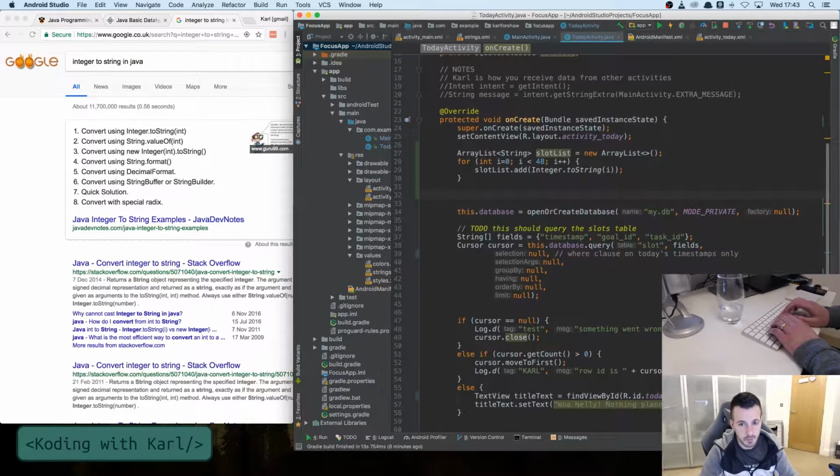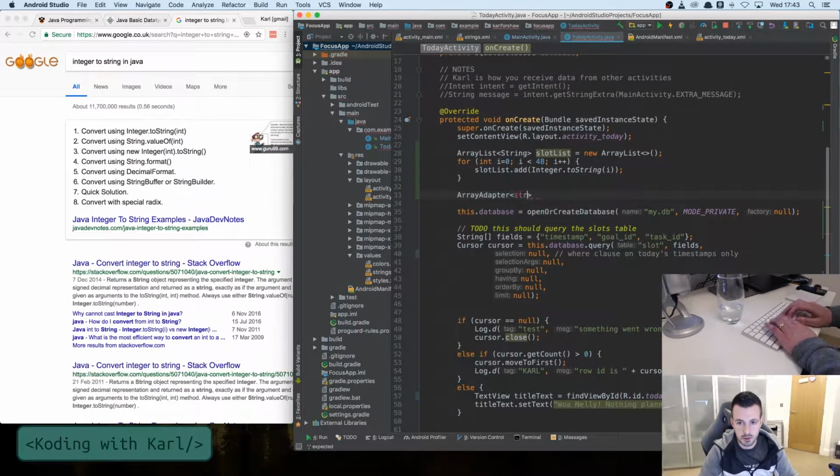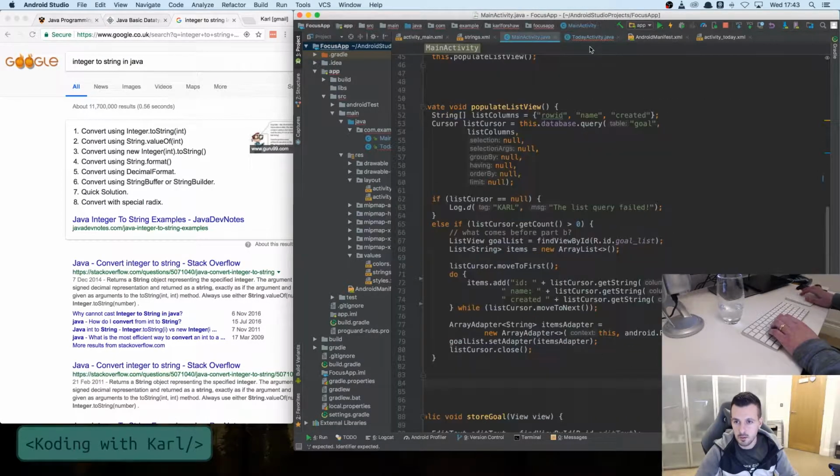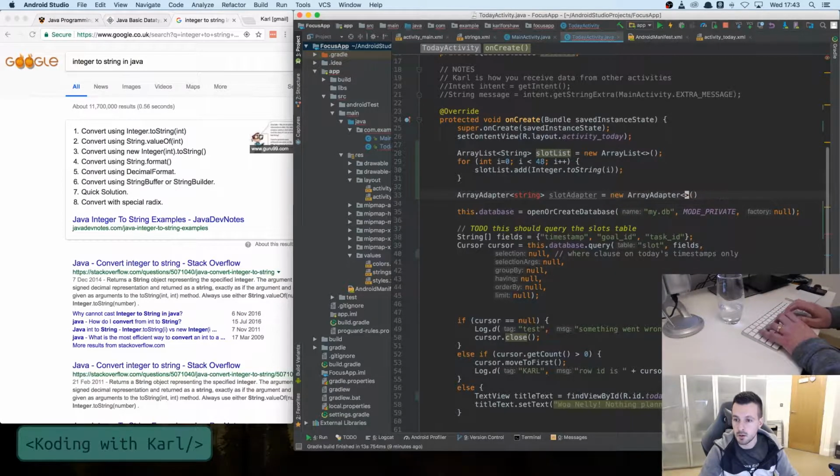So array adapter, string type, and we'll call that our slot adapter equals new array adapter. We don't need that. The context will be this,